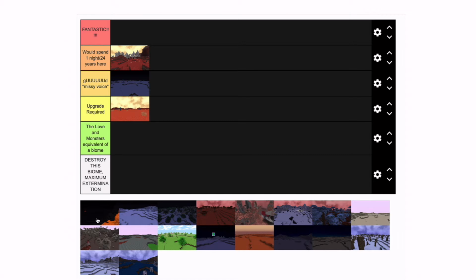The only mob that spawns there is the Whispermen. And the silence is the only thing in this biome that actually does any good, besides maybe ores are a bit more visible. But besides that, I actually really hate this. But the question is, is it the Love and Monsters equivalent of a biome, or is it destroy this biome, maximum extermination? I think